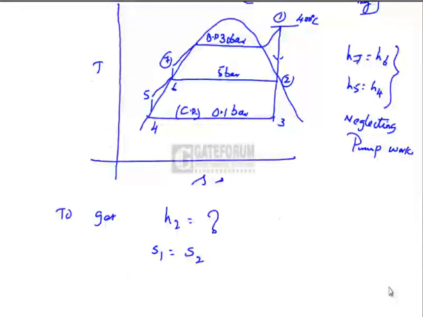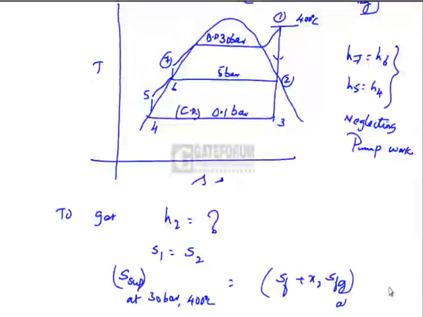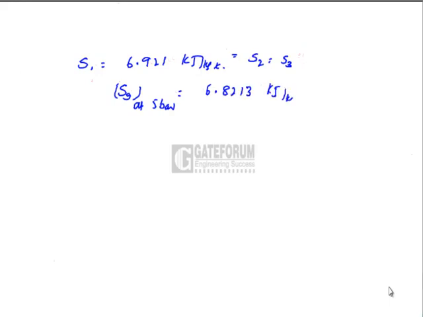S1, the superheated entropy at 30 bar, 400 degrees centigrade, is equal to S2, which is SF plus X2 into SFG at bleeding pressure of 5 bar. Now S1 is given from the tables as 6.921 kilojoule per kg Kelvin, which is equal to S2 is equal to S3, because 1 to 3 is isentropic expansion of the steam. SG at 5 bar is given from the table as 6.8213 kilojoule per kg Kelvin. Since S2 is greater than SG at 5 bar,